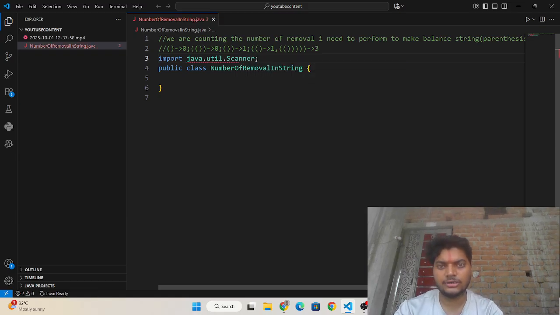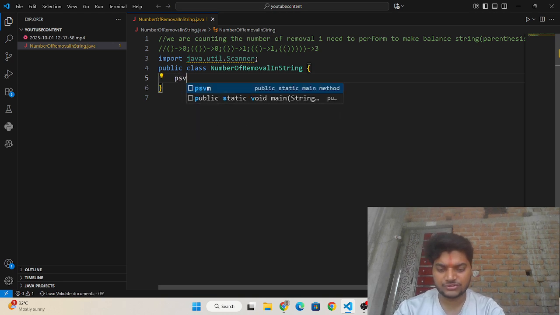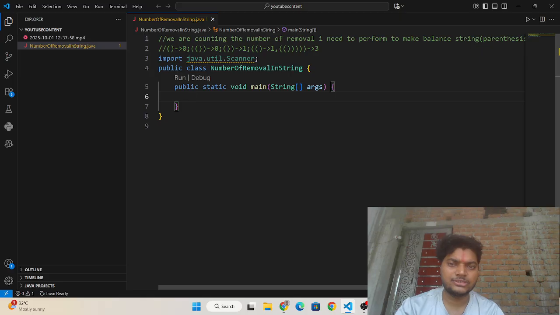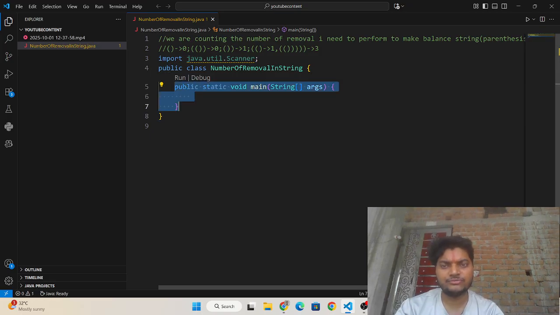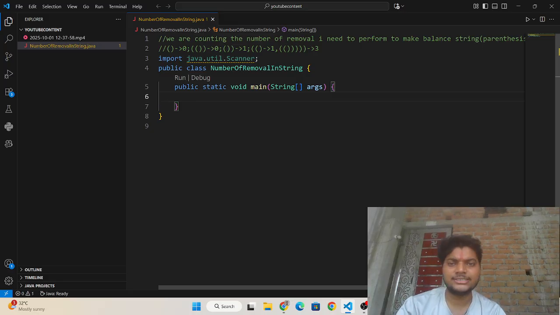Scanner done. And now I'm going to write psvm. This is the keyword shortcut to write public static void main in Visual Studio Code. In the online Java compiler, there is no shortcut key, so you can write public static void main.